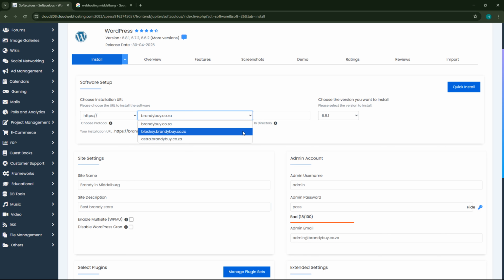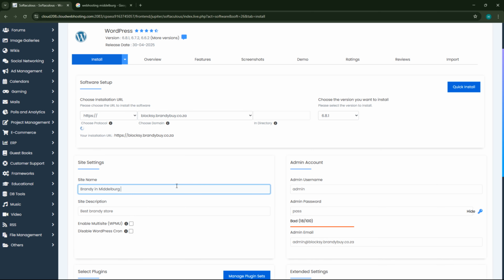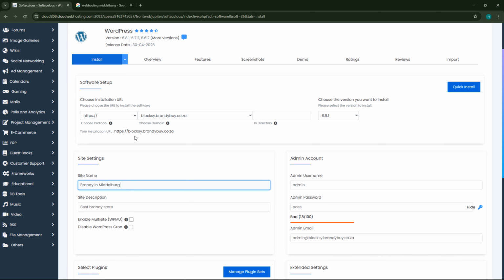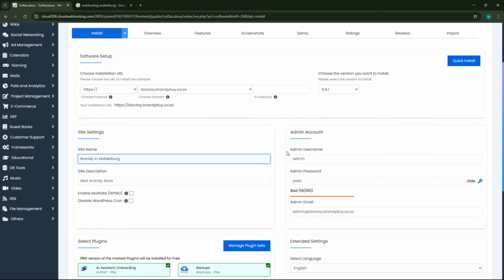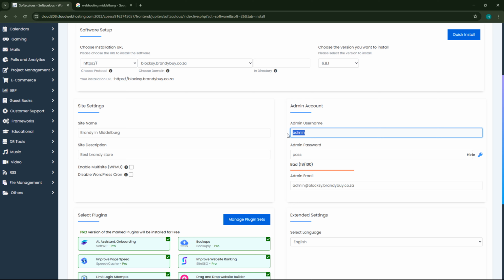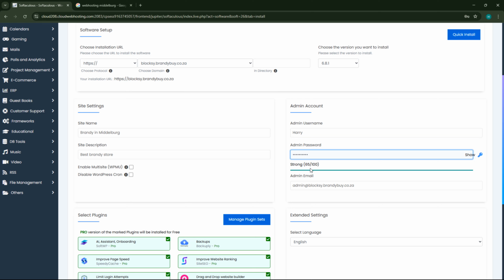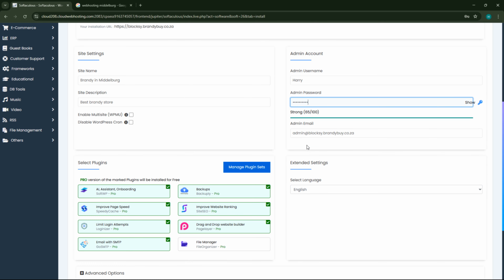Let's just go back and check if that is, yeah, there it is. The SSL is already on there. So now we're going to change the name of admin to log into our WordPress area. It depends what you prefer, what the name must be. And guys, the password as well. Make sure it's strong. And remember, you must remember this, because you're going to use this to log into your backend of WordPress.